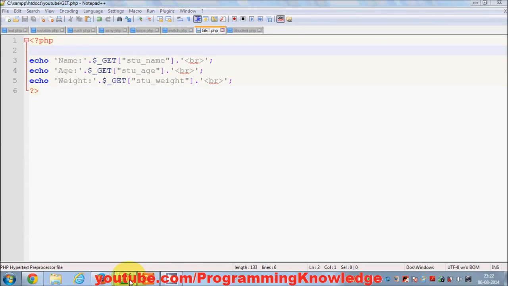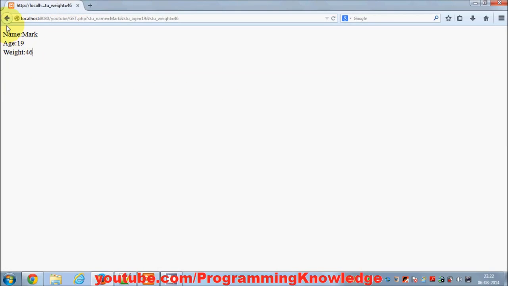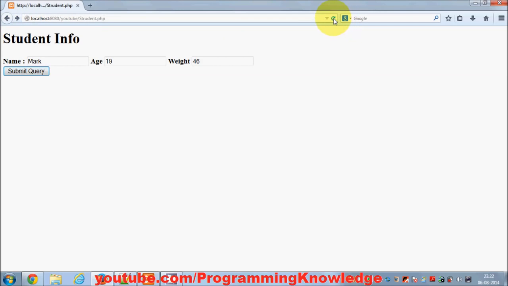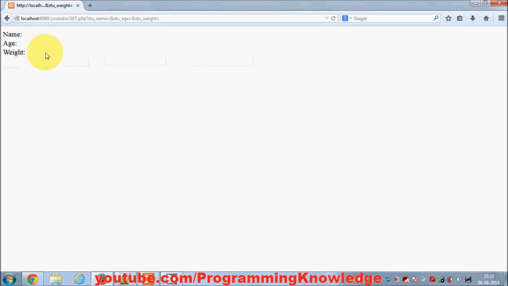But for example, you don't even pass anything here. I will just leave it as blank. What happens? It just prints blank names and age and weight, right? For example, if you don't want